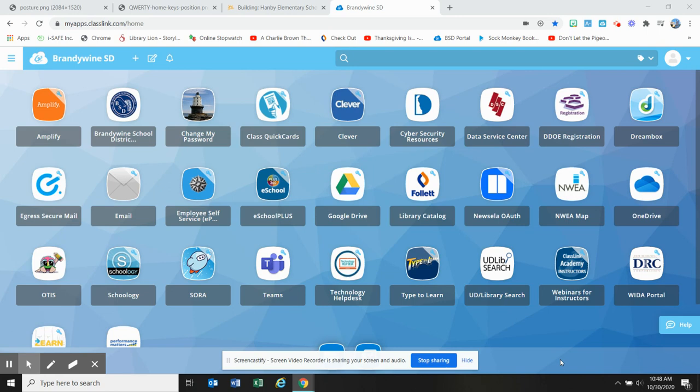So I'm going to show you how to get to Type to Learn, and then I'm going to show you how you should be sitting and holding your hands when you're typing. So on your desktop, when you look at all your different apps that you have on here, I have a lot because I'm a teacher, so I have a whole bunch of different apps. You, I'm sure, have less, but everybody has this Type to Learn icon right here. So to get to Type to Learn, you're going to click on this,